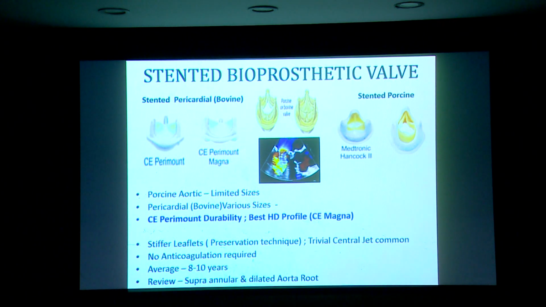and the best hemodynamic profile and least gradients. The Perimount Magna is even bigger and has even more favorable gradients. The problem with these valves is durability. The pericardial leaflets have been treated with chemical agents and anti-calcification agents so that they last long. Initially after surgery, the valve is stiffer and you may get a central jet, which is normal and